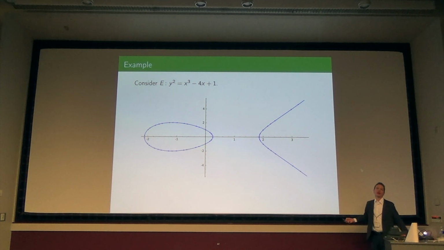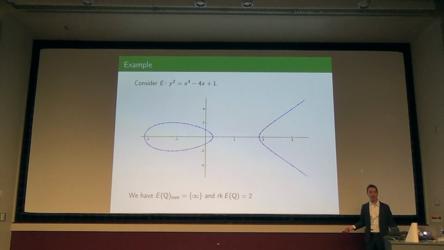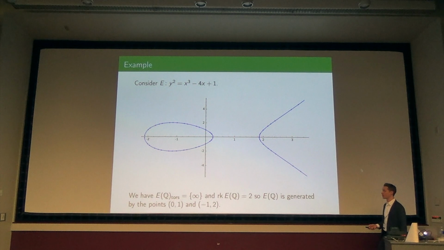And here are a bunch of rational points. Now, atypically for this elliptic curve, as I alluded to earlier, it has rank 2. And in this case, it has no torsion. So every point has infinite order. There's no point that I can double or triple and end back at infinity. Those are separately cool. But the statement here is that E of Q is generated by 2 linearly independent points, which could be the point (0, 1) and the point (-1, 2).